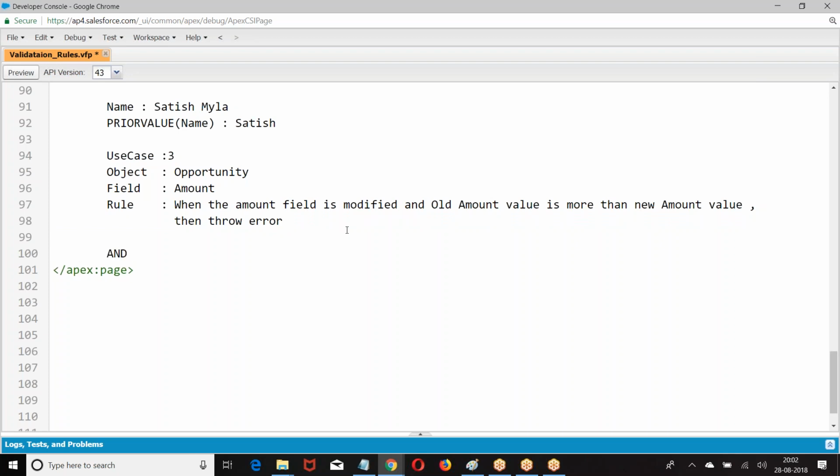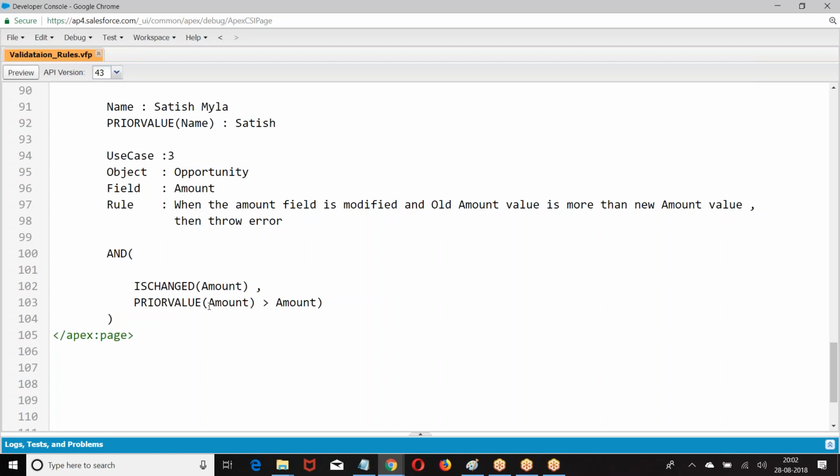So how do you check? If amount is changed, and the prior value of amount is greater than the new amount, then throw an error message. So what are the functions we have? IsChanged and PriorValue. I hope you are good with this. People have followed this? Clear?